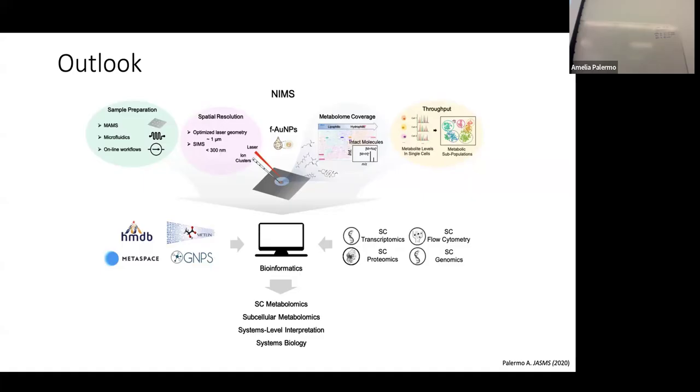So this all again is enabled by bioinformatics. There are some databases in this case that are dedicated either to mass spec imaging or to single cell data. GNPS and Metlin are always good resources here for annotating and for the identification if you have MS2. But I would say Metaspace here is the database where